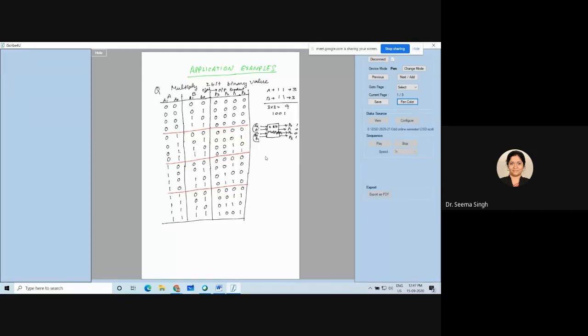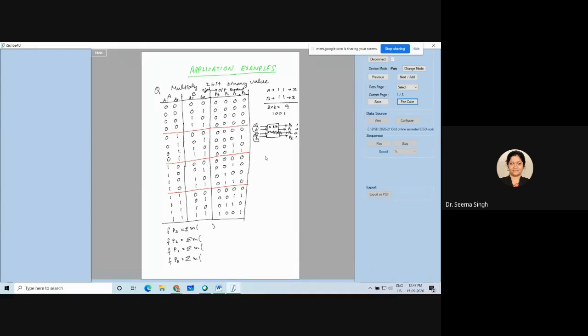Now, if I want to write the function of P3 in minterm form, tell me what you will get here. Summation of minterm. Then the function for P2 in minterm form, I want you people to tell me. Then the function of P1 in minterm form, and the function of P0 in minterm form, I want you people to tell me. If anybody answers, I will be happy. Then I will think that you have understood.